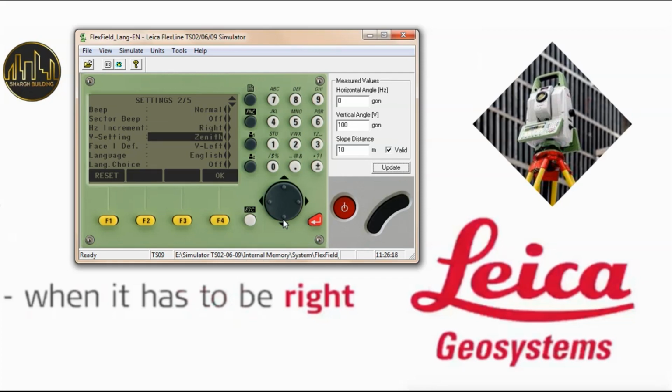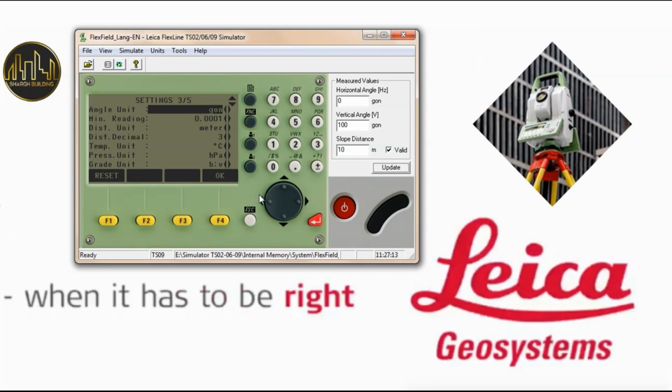The next key is for V setting, which is related to the 0 vertical angle and can be adjusted in 3 modes: zenith, horizontal, slope. The next key is for selecting left circle and right circle modes, which are adjustable in 2 modes: V left, based on the left side and clockwise, and V right, based on the right side and counterclockwise. The last 2 options are for the device language, which we can set to work comfortably in the language of our choice. The third page of general camera settings pertains to the angle measurement unit settings, which have 4 modes: